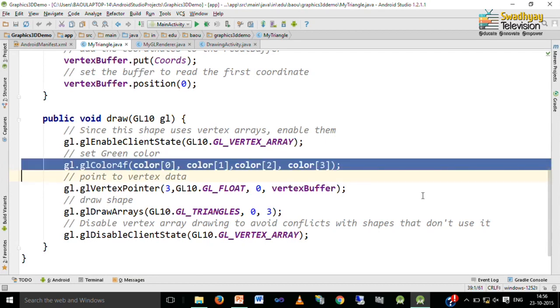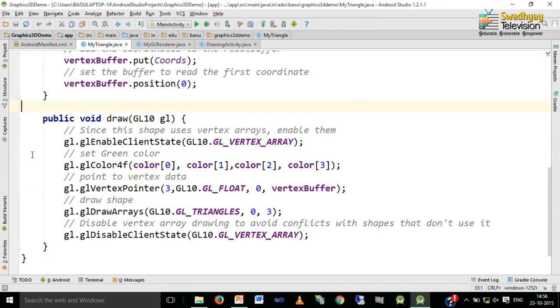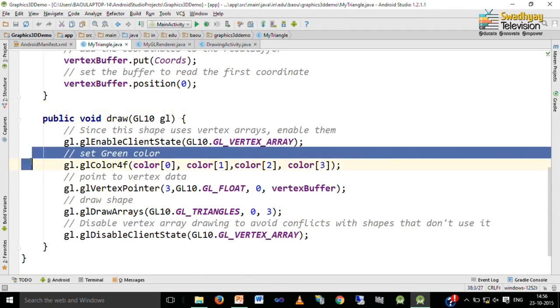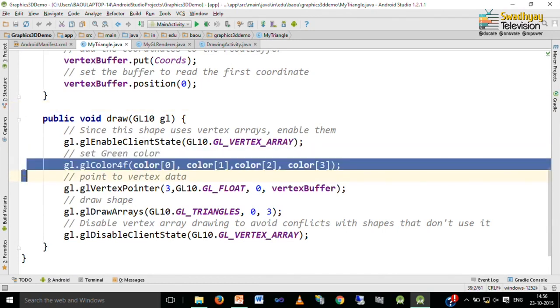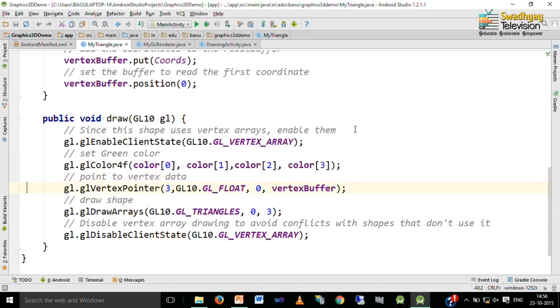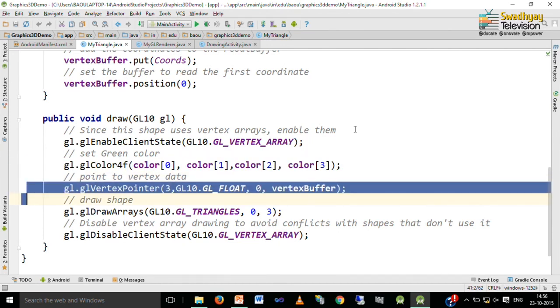Then we have to specify the drawing color using the glColor4f method; the first 3 specify the red, green and blue parts and the last specifies transparency, and that is 1. Next we specify that we want to draw in green color and we specify from where our coordinates are stored using the glVertexPointer method.